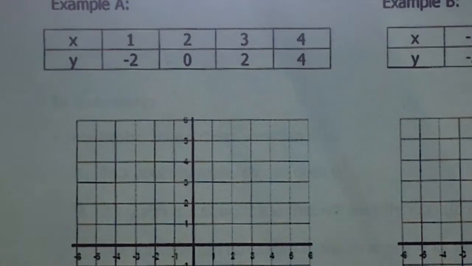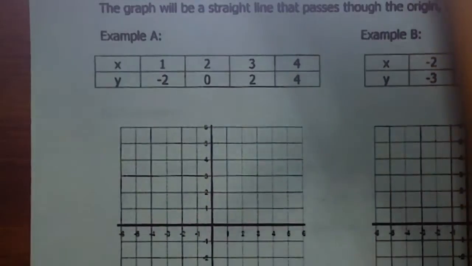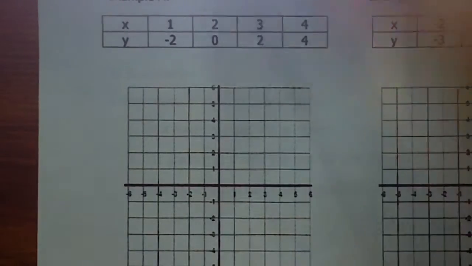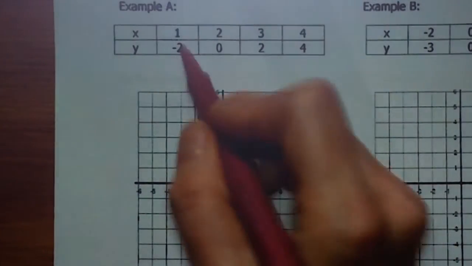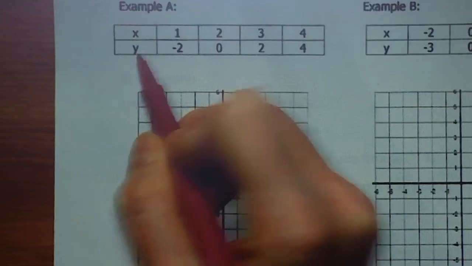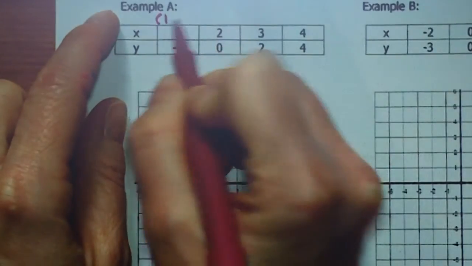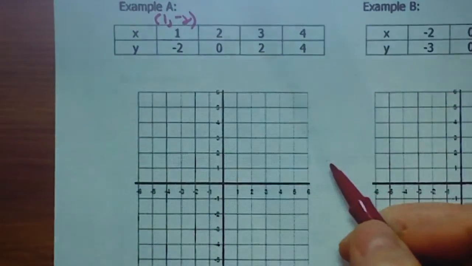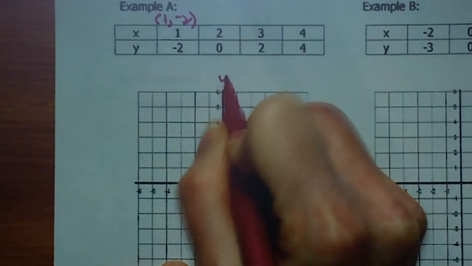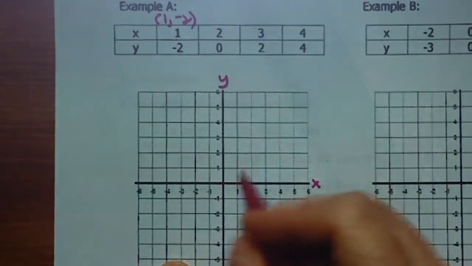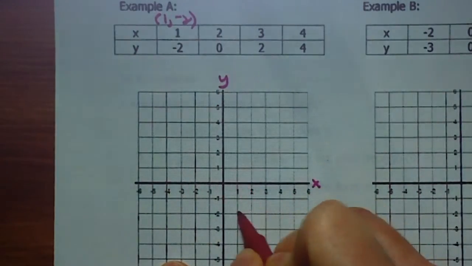So the first table that I give you, let me zoom out a little bit so we can do this. I give you a whole table full of points, and we're going to plot these points. So x, y, these are just ordered pairs, remember. When x is 1, y is -2, that's all this is saying. And this is my x-axis and this is my y. So 1, -2 means over 1, down 2,